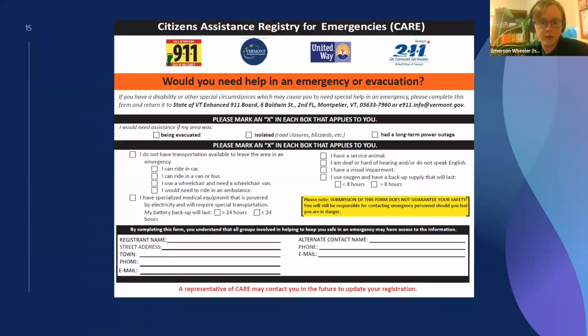So this is just an image of our probably old at this point, Heather, CARES registry form. It was the only one I had access to. So some of the language is going to change, but this is just to show you the kinds of questions that are answered, the kinds of information that might be in the system somewhere about people that you interact with. And some of these questions do apply pretty specifically to the CMIS framework. Like, I do not have transportation available to leave the area. I have specialized medical equipment that is powered by electricity. If you click one more time,